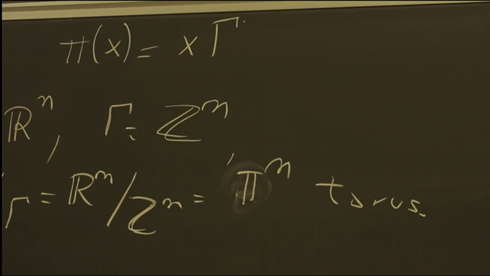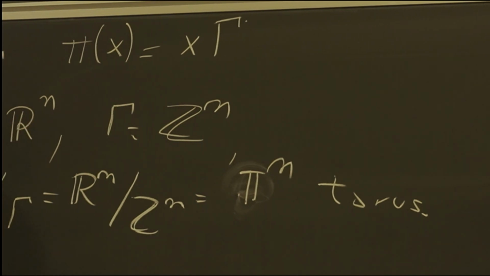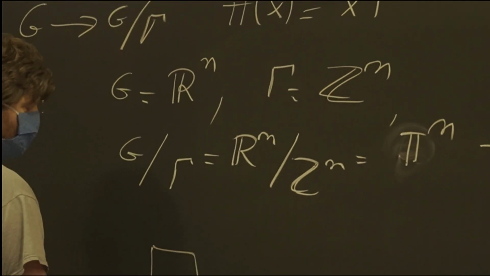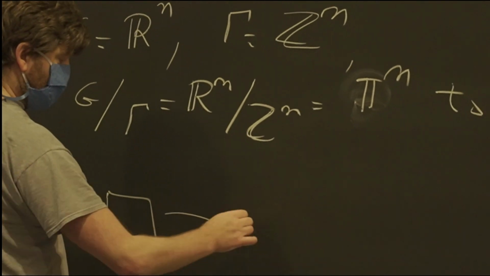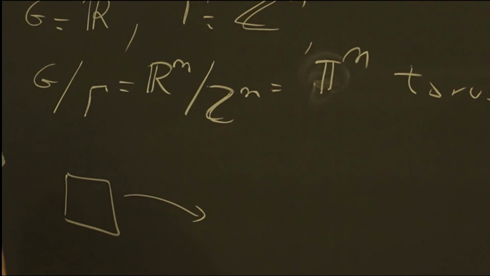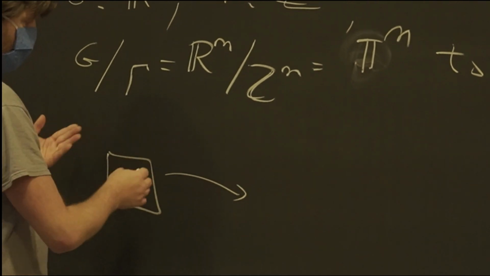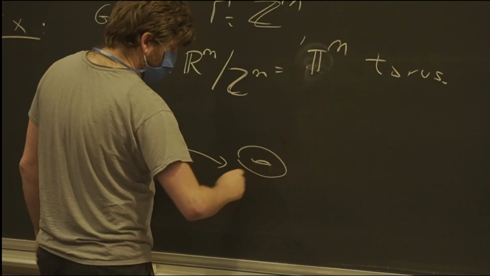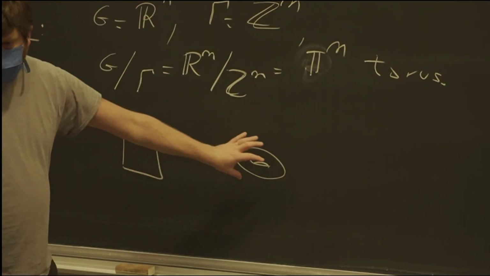In the more general situation, the quotient space is not a group. And here we have the fundamental domain of the torus, which maps, so the boundary, or the non-injectivity, if you want, has zero Haar measure,